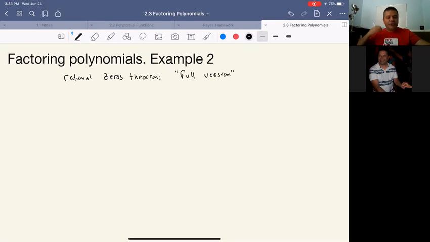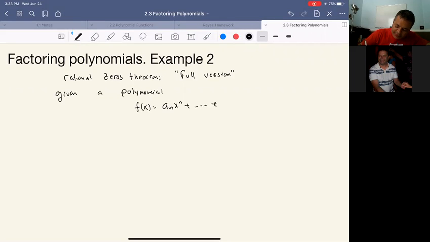Okay, so the full version of the rational zeros theorem states that if you're given a polynomial f of x equals a sub n x to the n, all the way down to a1x plus a sub 0, then the possible rational zeros